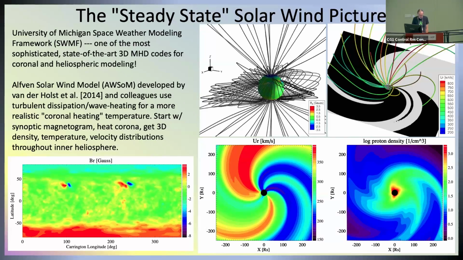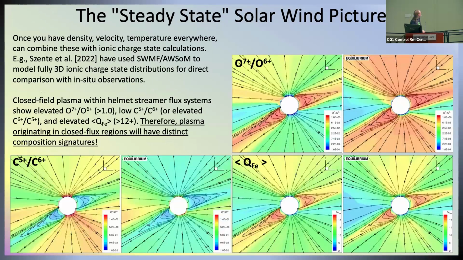Temperature's a tough one because none of the models get it right yet. I mean, actually the models don't get anything else right either, but we do at least know what's going on in the poles. Okay, so yes, we get the steady state solar wind picture. And here is what I was talking about in terms of